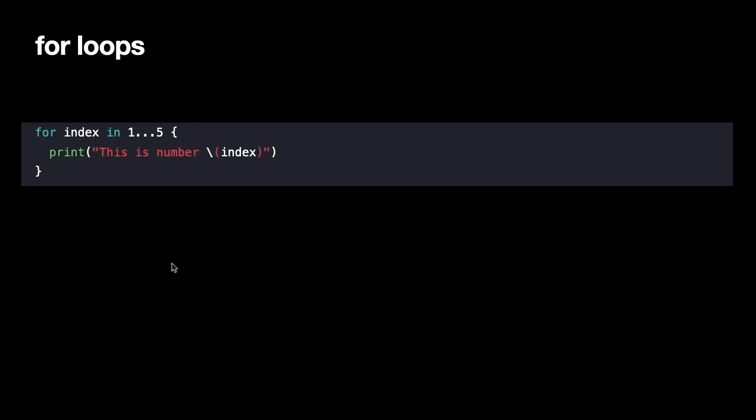A for loop works with a range. In this case, we have a range of integers from 1 through 5 inclusive, and we specify that by starting with the first integer, ending with the last integer, and then three dots. The loop will assign each integer in sequence to a constant index, and then it will execute the code inside the braces with that index. In this case, it will print out this is number 1, then this is number 2, and so on through